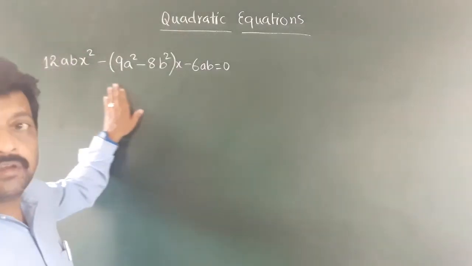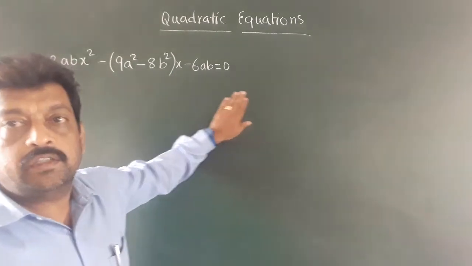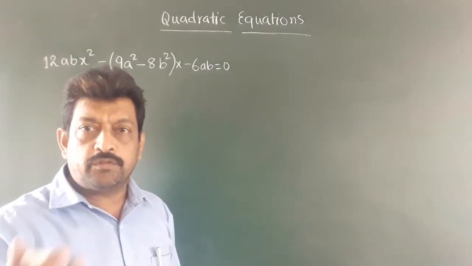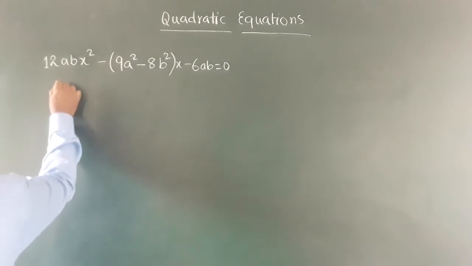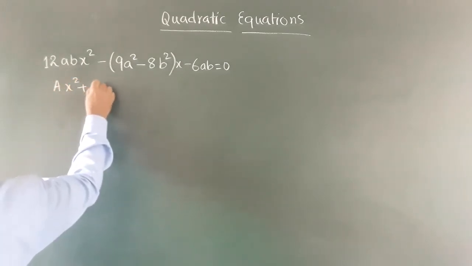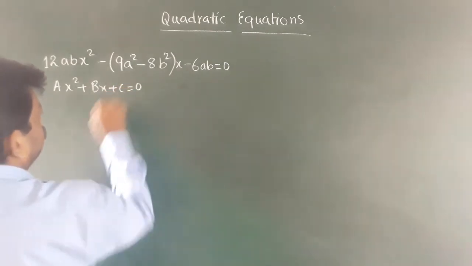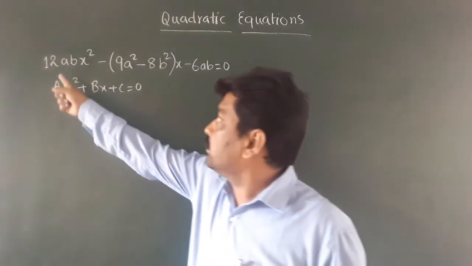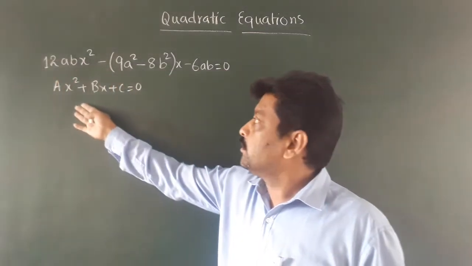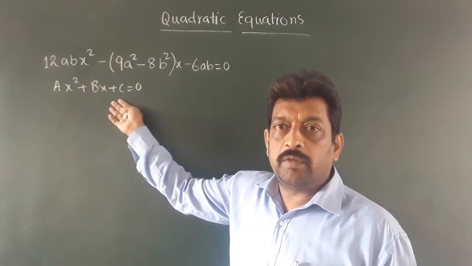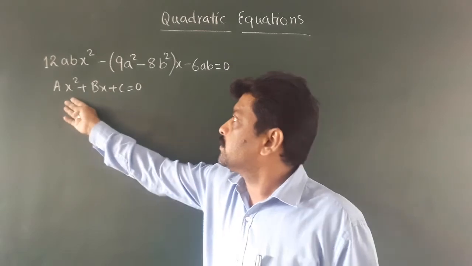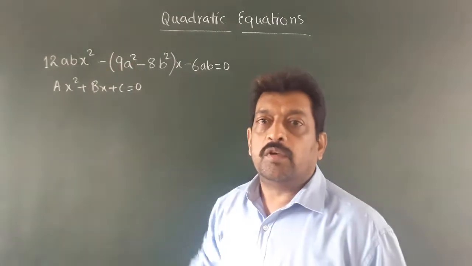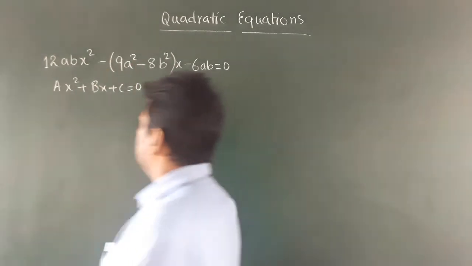Students, so this is the quadratic equation. Here also you can see small a b has been used. So the standard form we have to change. This is the standard form: Ax square plus Bx plus C equals to 0. As I have told you earlier, when the quadratic equation itself contains a b, then for the general form, don't take small a b, instead take capital A B C, or even any other variables other than small a and b. Okay, so this is the general form.